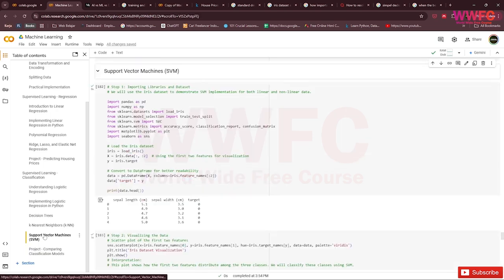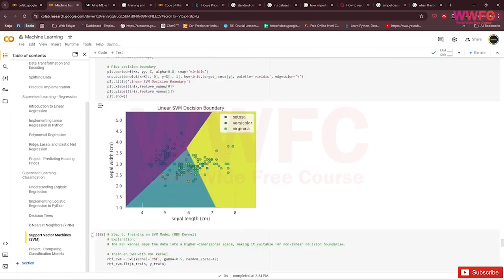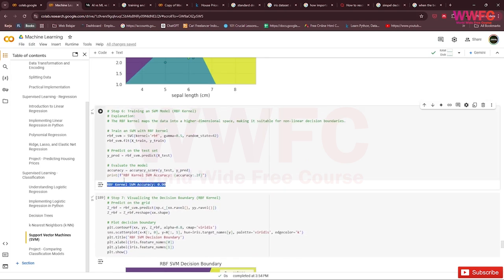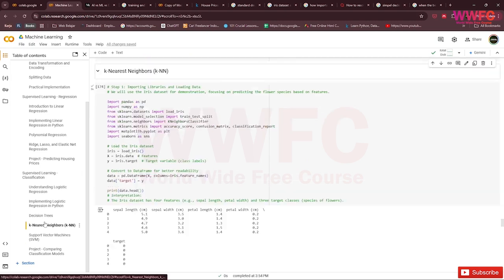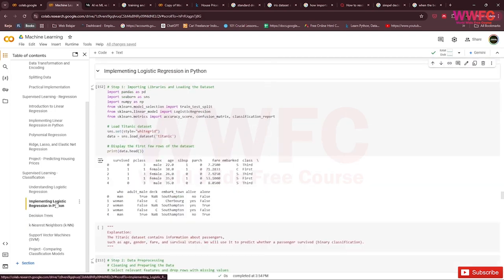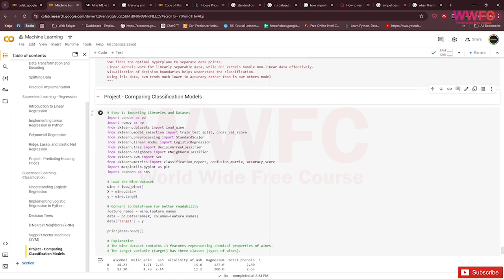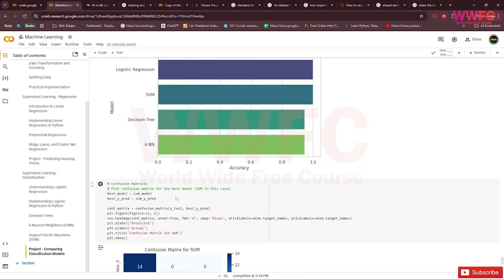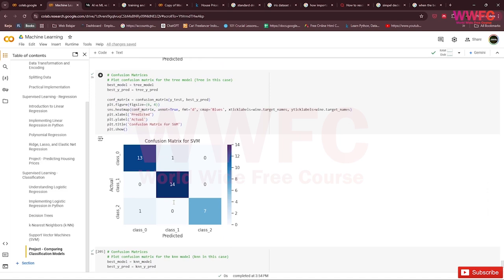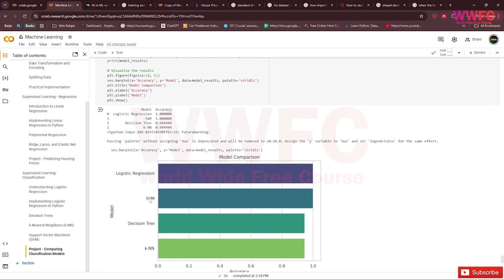Like we used here, SVM is the lowest one, right? So this is just 19% accuracy on the iris data, but KNN is 100%, decision tree 100%, logistic regression is 100%. But in this project, using the wine dataset, SVM is better than decision tree and KNN.